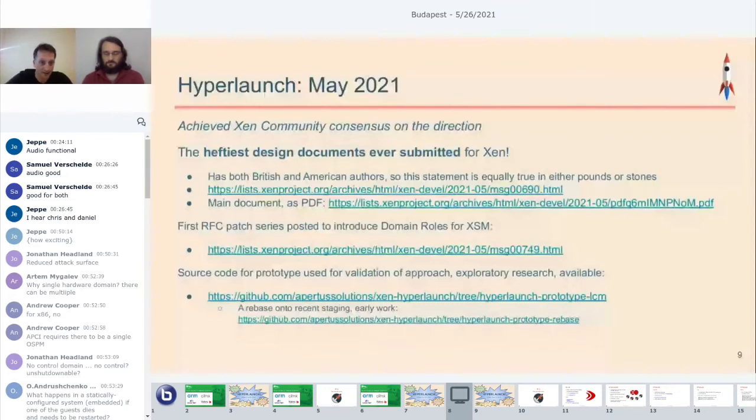So at this point, I think Daniel and I are rather proud of the fact that we've produced the heftiest design documents ever submitted for inclusion in the Xen mailing list, and we're very grateful to those brave souls who've actually made their way through it and provided feedback to us. We would encourage you all to do the same thing. The documents version 4 are out on the list, along with the first patch series, which Daniel talked about in the domain rules for XSM talk yesterday. So that's a patch series